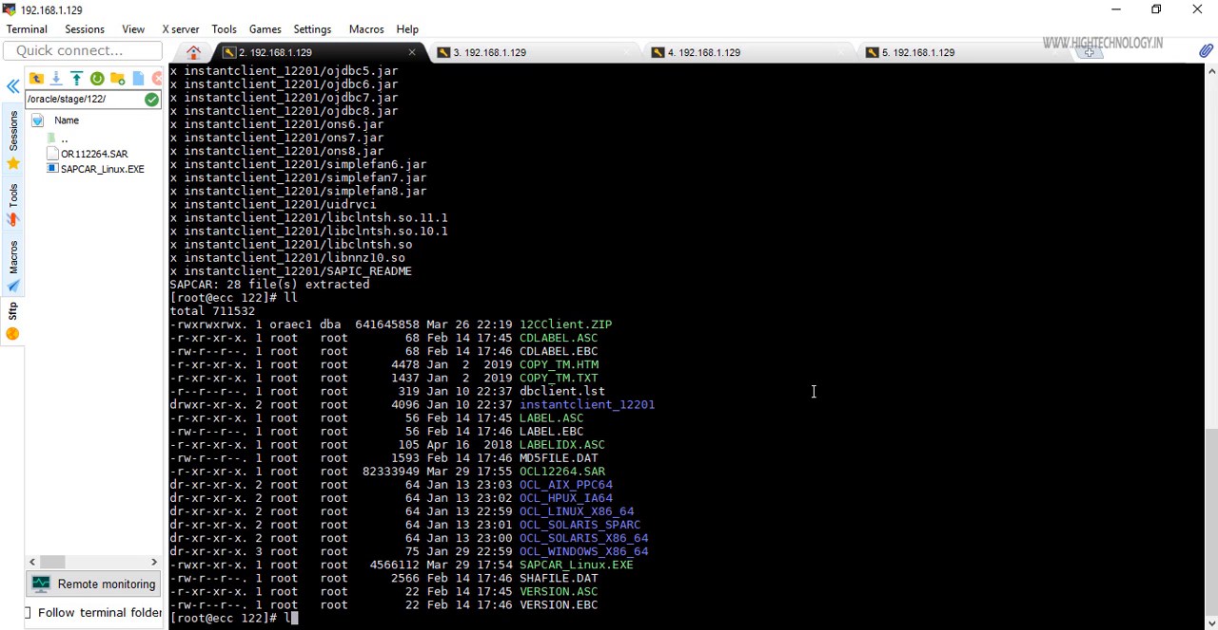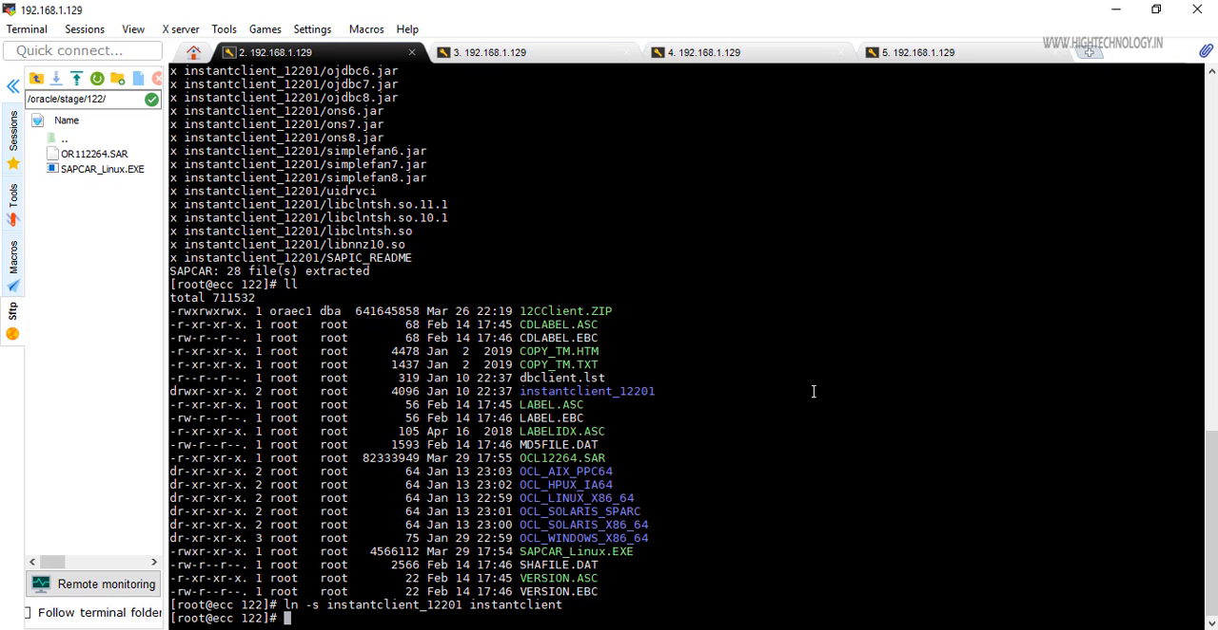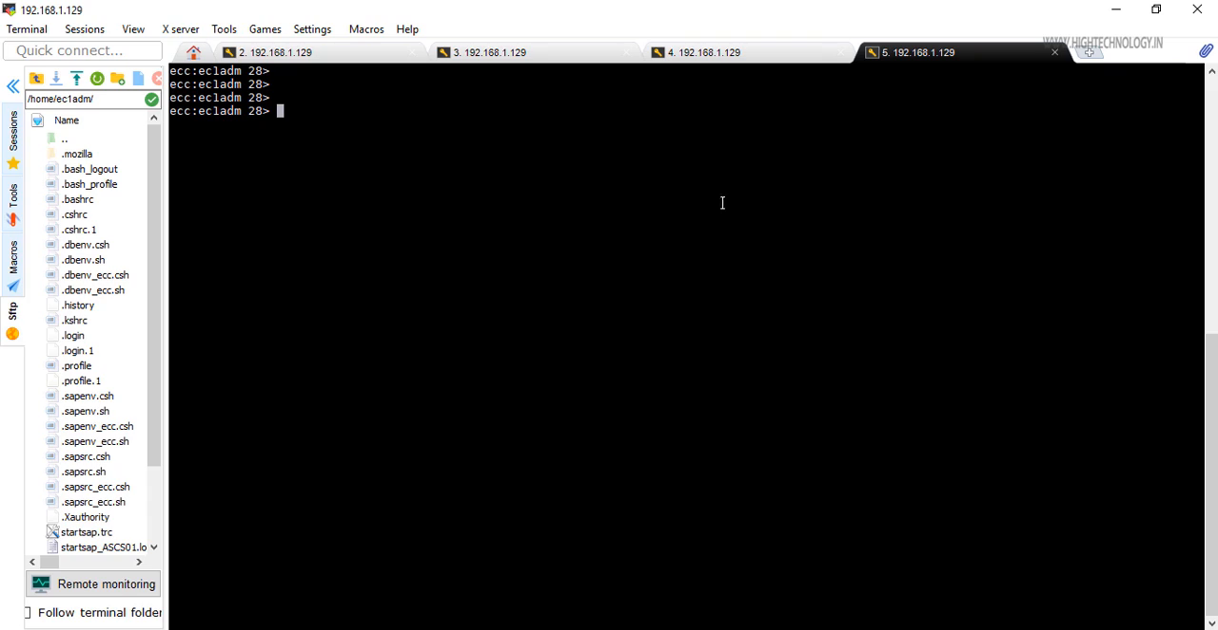symbolic link. For that, use the command ln -s. Hit enter. Done. Now what we have to do is change the environment variable again for all the SIDADM and our SID for the Oracle client. So for that, what we have to change is